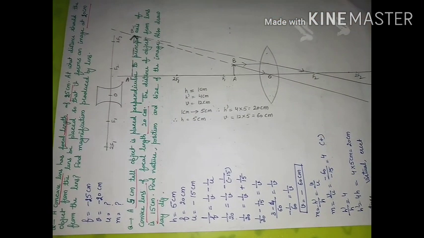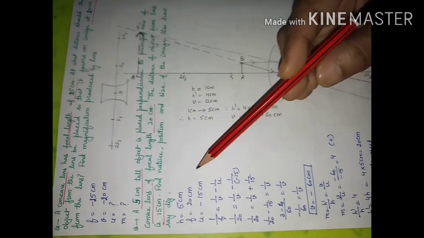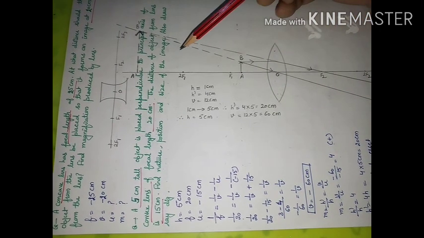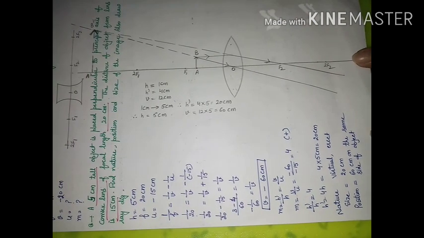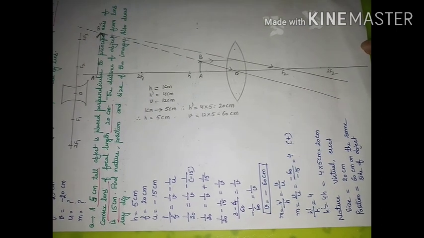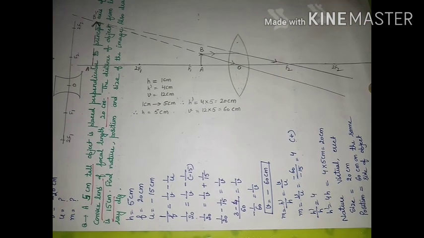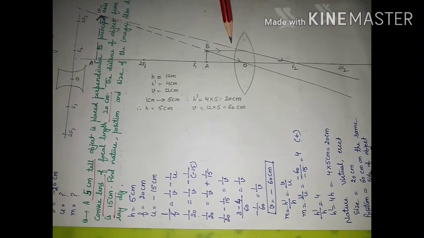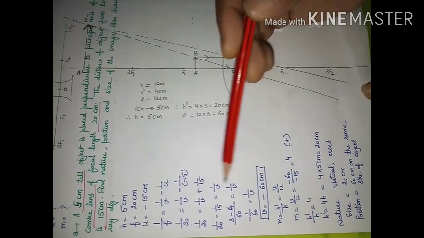Sometimes this question comes as it is. Sometimes by doing numerical you find out all the things. Sometimes they don't ask you to solve the numerical. They simply ask to draw the diagram using suitable scale, and from the diagram only tell the answer about nature, position and size of image formed. In that case they will give you marks only for diagram and solution of the answer using diagram. For calculation part they don't consider this part.